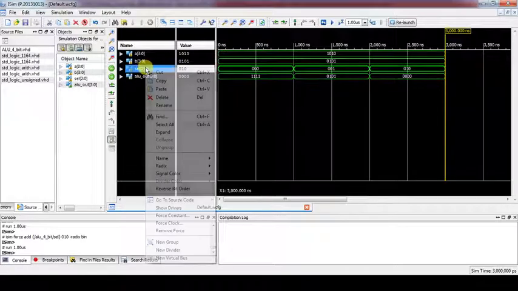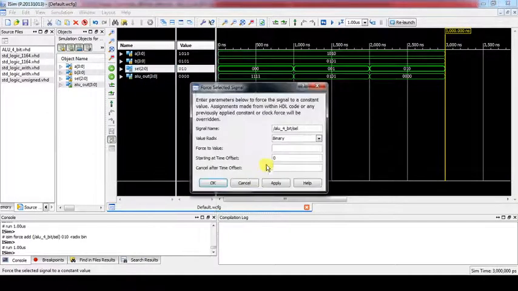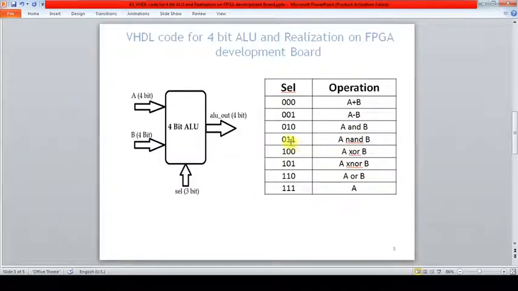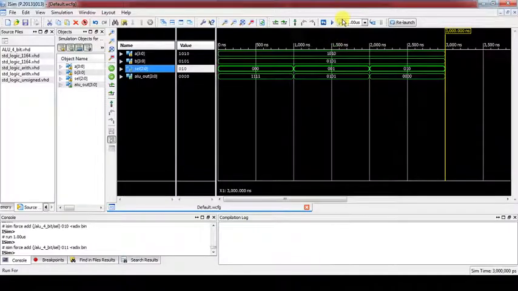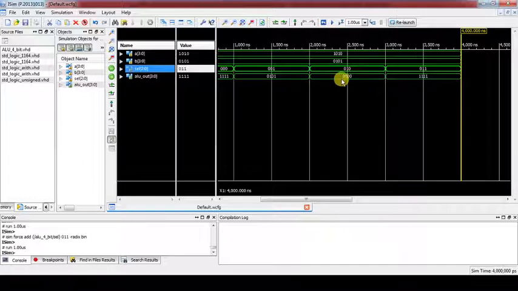Now let us see the NAND operation. If select line is 0 1 1, what is the operation? As per select line 0 1 1, we have written the code for NAND. So let's simulate it. NAND is the inverse of AND, so whatever we got here, 0 0 0, will invert, so all are ones.